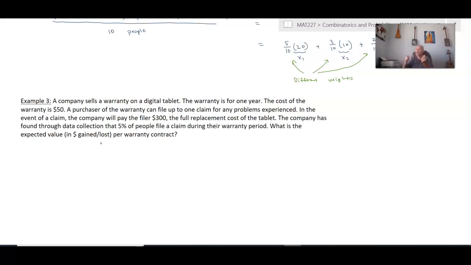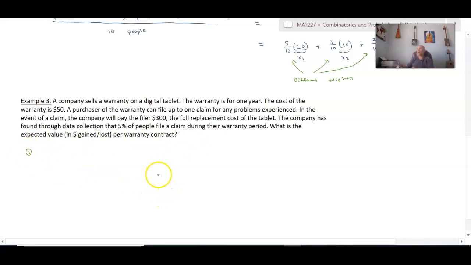All right, so notice that paying out $300 is not as likely as collecting the $50. They're going to collect $50 from everyone, and only 5% of people are expected to be paid $300 by the company. So already we can see that these two different outcomes are not going to carry the same weight. What is the expected value in dollars gained or lost per warranty contract? Well, let's set this up again 2 ways. One way